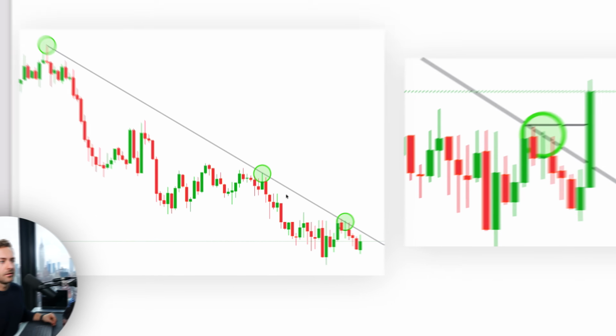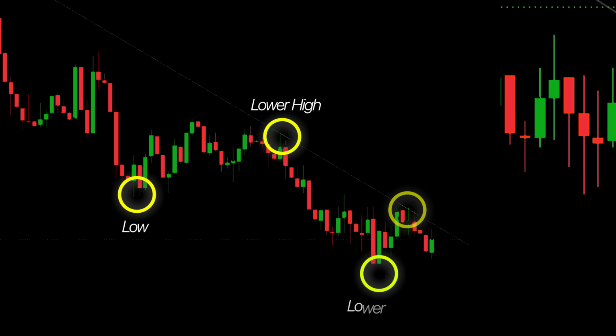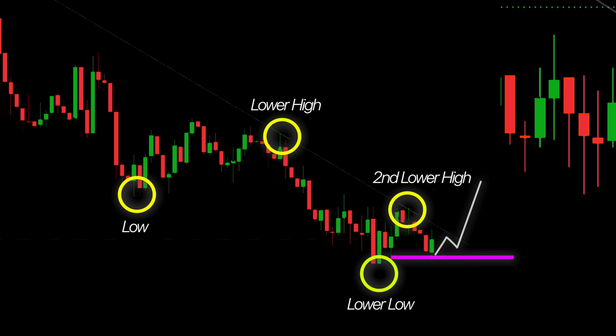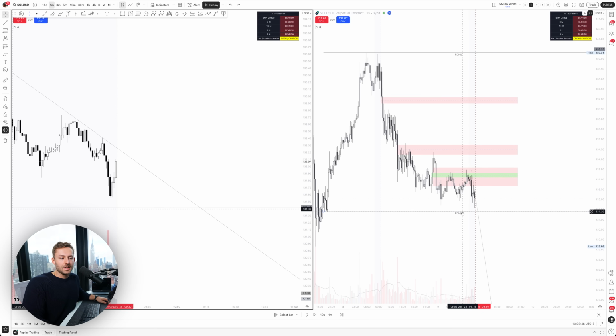So a change of character is basically where we have a lower low, lower high, lower low, lower high, fail to break lower, and then this swing point is being broken up, and now we have a new high. This also needs to produce a fair value gap candle where we're seeing this overlap area. And if we can see this happening out of a reaction of either any of our key levels, so our previous day low, or out of one of these fair value gaps in our range,